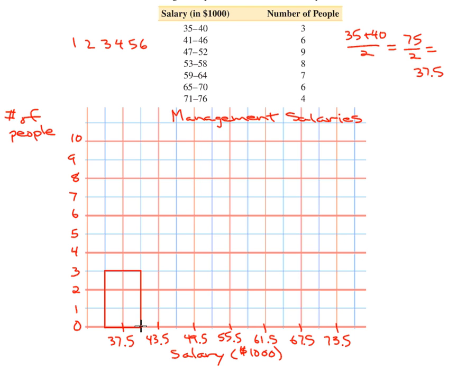The next bar will start where the first one ended. That has 6 people in it, so our height will be 6. And we'll draw it again so that the class mark represents the center of the bar. Continue that process. Our next one has 9,